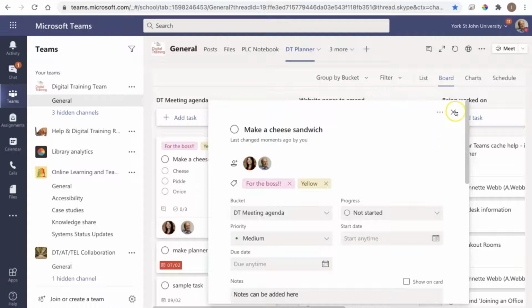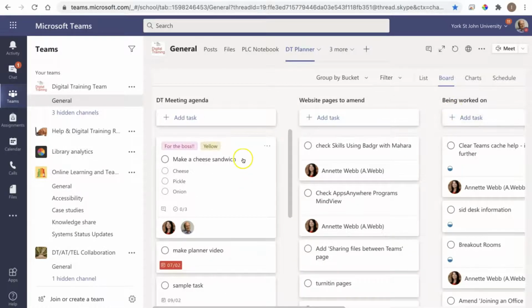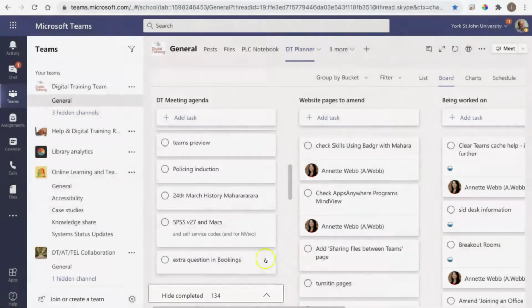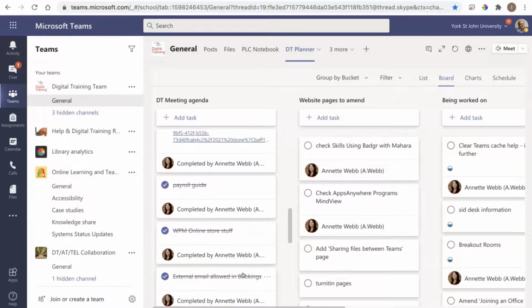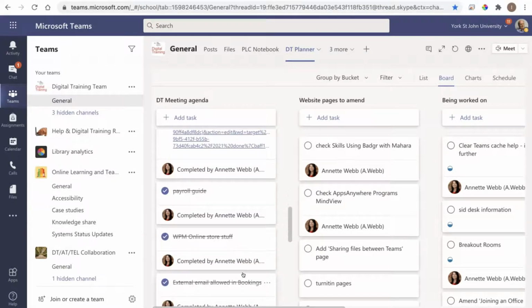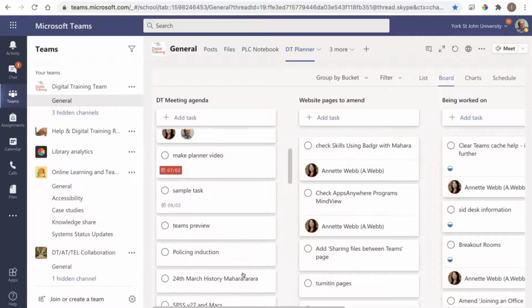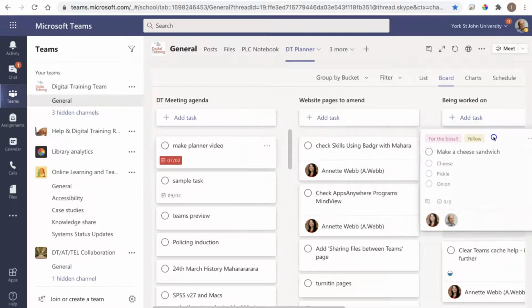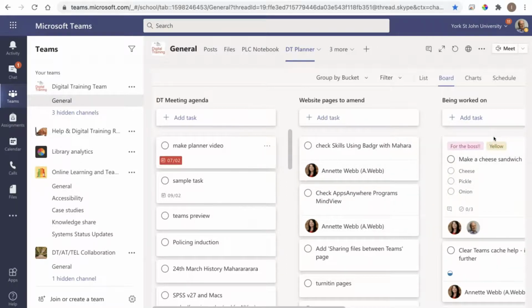If I just close that task with the cross in the corner, there it is. You can use as many or as few of those features as you want to. As long as a task has a name, it's a valid task. Underneath the main list are all our completed tasks. You can bring them back into the main list just by showing them as partially completed or not completed, if you've perhaps marked them as completed too early. I'm going to move that by dragging it into the being worked on bucket. Hopefully someone's now making me a sandwich.